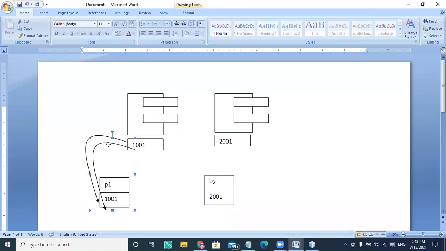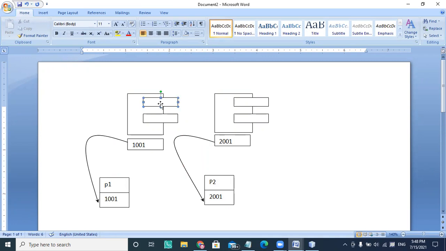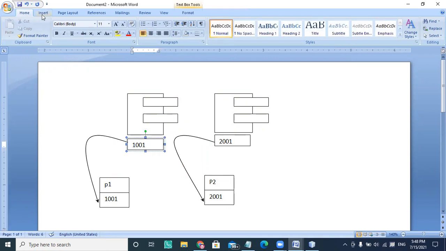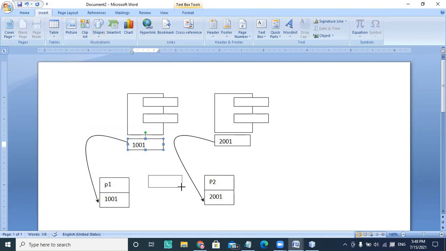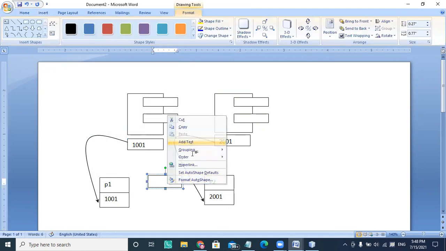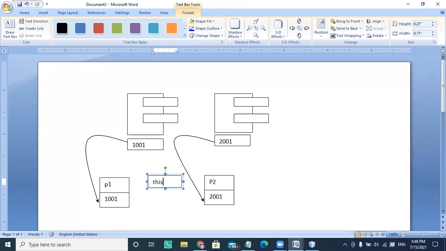So they have different addresses, and how did the compiler come to know which object's value to assign? There is something called the this pointer or this reference. This reference is always holding the address of the object that is active in memory.